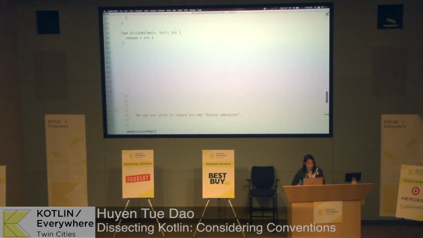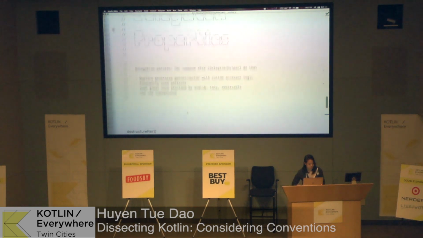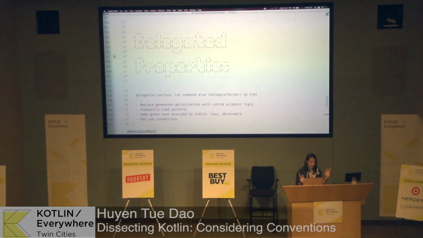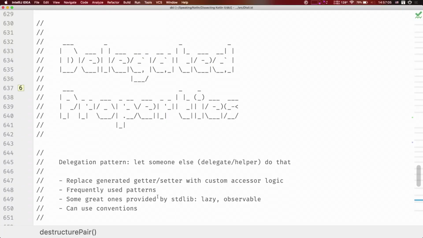And let's see. I guess just because we have a couple minutes, conventions are everywhere and they're really neat. If you have ever heard of delegated properties, they're a way for you to bypass the automatically generated getter and setter. Whenever you write a class in Kotlin and you use val, you automatically get getters and setters generated for you. But if you have, say, some special logic